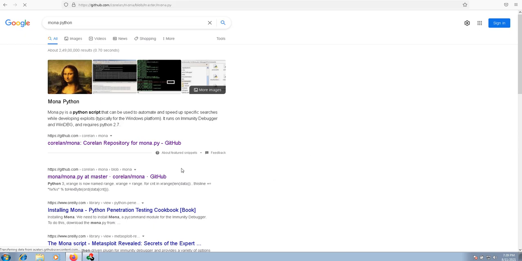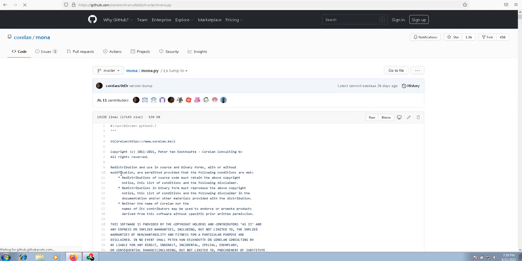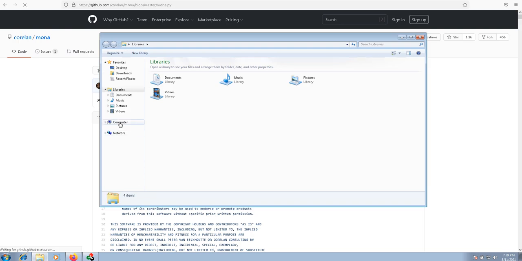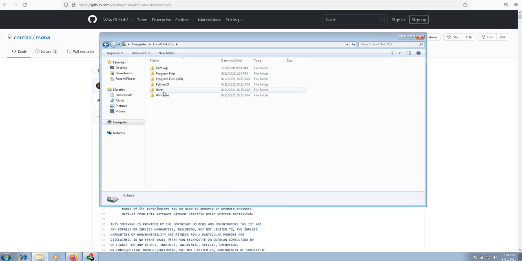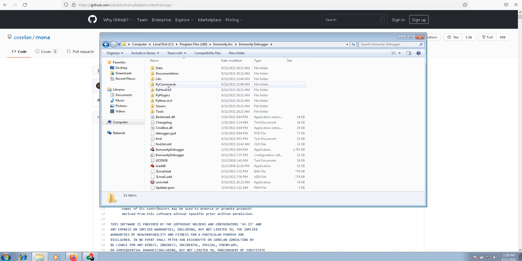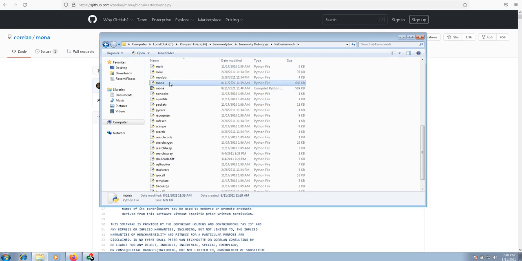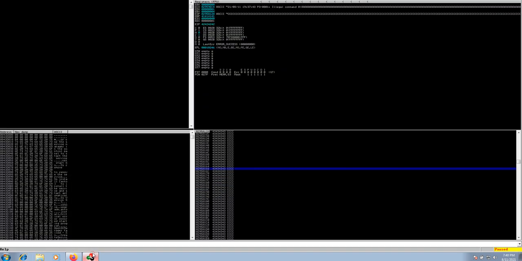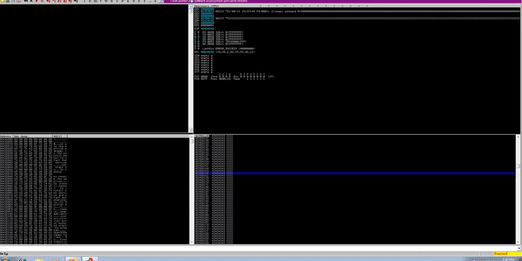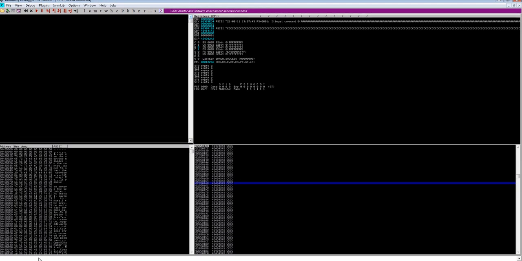Once you have that Python script, you can go to your Immunity Debugger. I'll just show you the location. Once you download it, go to your Immunity Debugger, which is in C:, Program Files, Immunity Debugger, and you have PyCommands, and paste it here. So I have already pasted it, which is mona.py. Now open your Immunity Debugger and then say Mona Modules and enter.